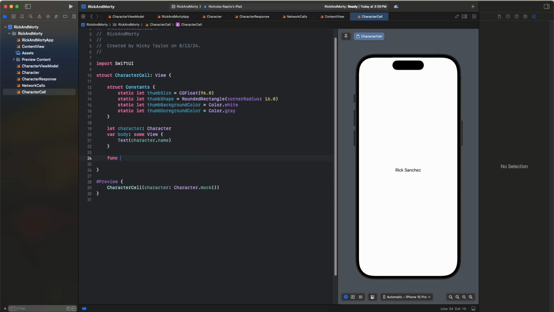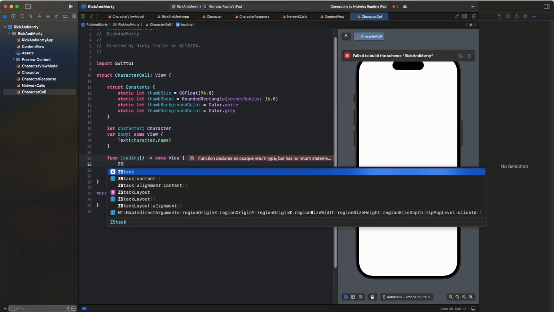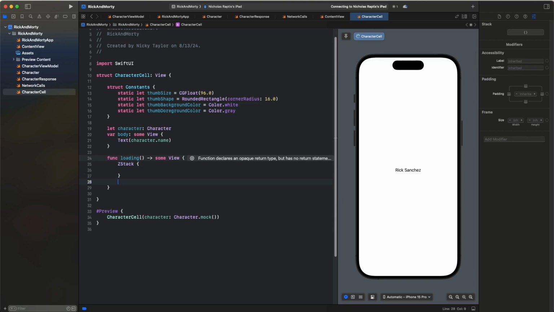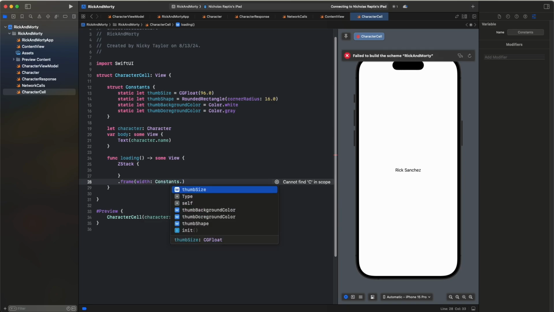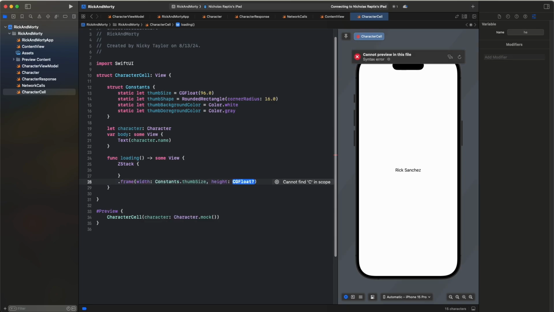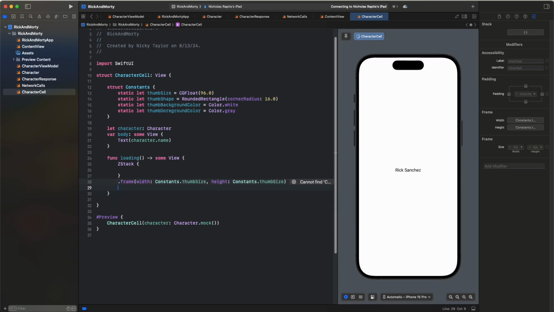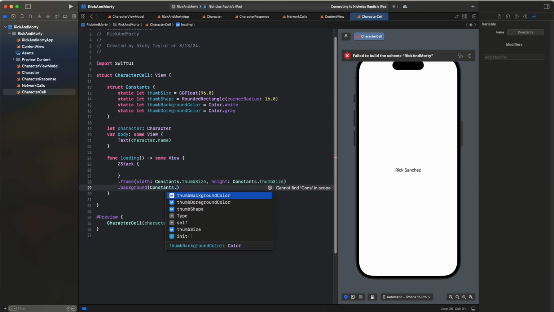So I'm going to make a function called loading, and this will return the opaque type some View, and I'm going to return a ZStack, and I'm going to give it a frame with a width of constants.thumbSize and a height of constants.thumbSize, and a background of constants.thumbShape,